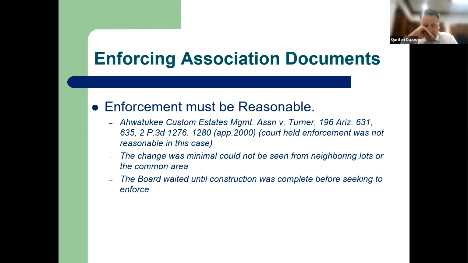They had some issues with the home that weren't really addressed, and they started to construct fences and a pool on their property. And then the association tried to kick it into gear and address it down the road. And the court looked at that and said, well, look, on its face, they did fail to come to the association. They failed to get approval for what they did. But the association was seeking what's called an injunction, a permanent injunction, asking the court to force them to rip it out and start over.